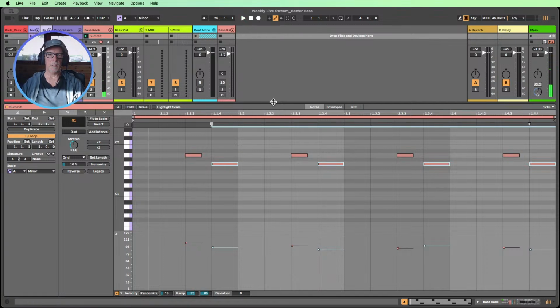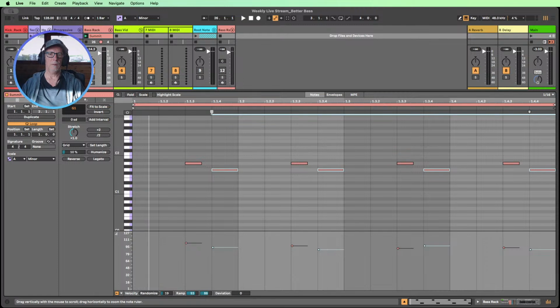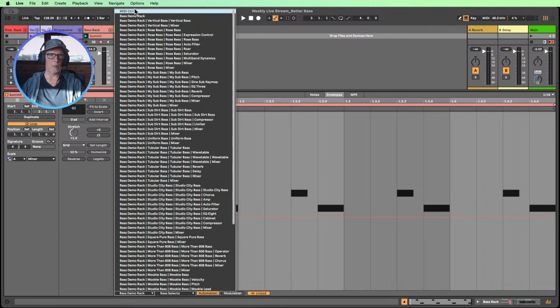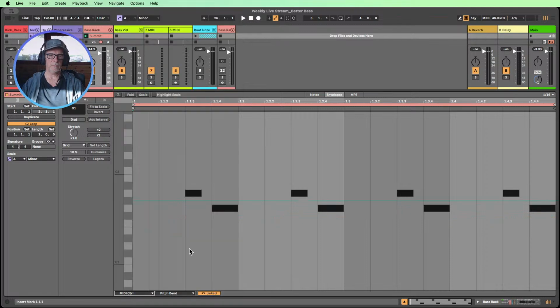So the teaser, the kicker, John Summit, what does he do that makes his basses kind of rolling? Well, he goes into the envelope page of the MIDI clips and he comes down the bottom here. There's a few ways we can do this, but we're looking just for MIDI to be in the first box, and in the second box, pitch bend, exactly what we've now got. And we click in a couple of points. Let's maybe make the grid a bit smaller so we can click in a third, and we're going to bring that up like so. And it can be quite high up if we like.